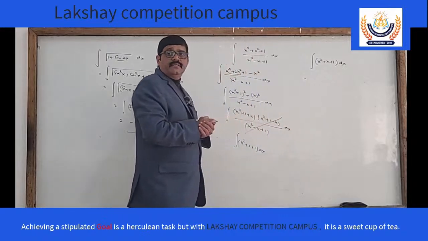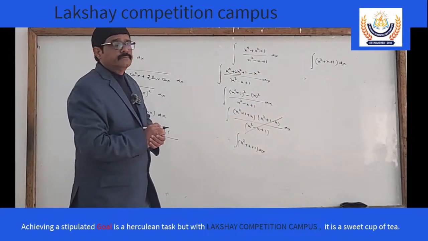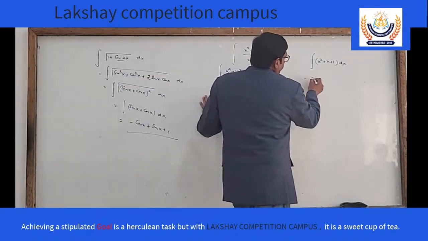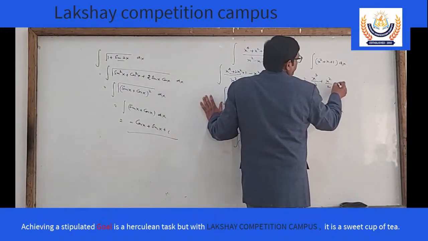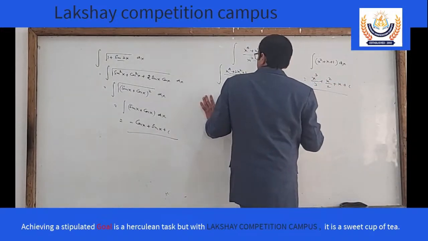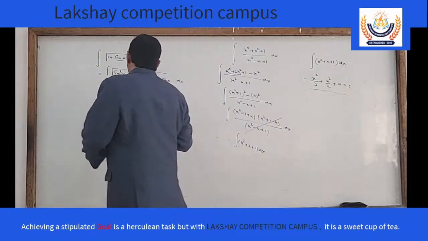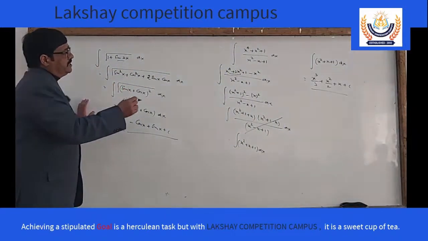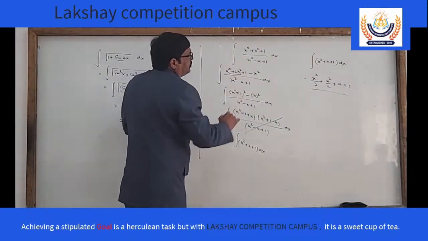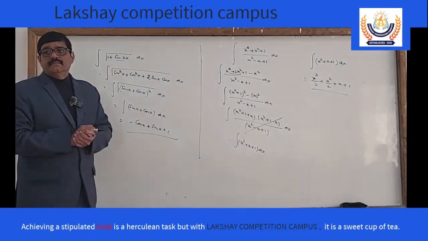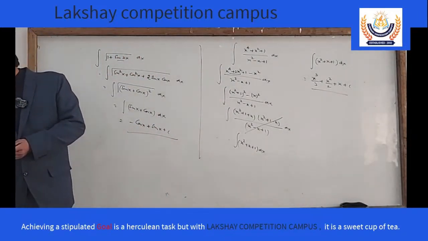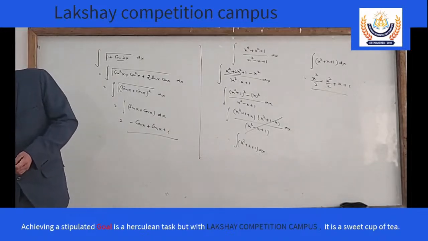What is the integration of x²? x³ by 3. What is the integration of x? Plus x plus constant. So this is the solution of this problem: (x⁴ plus x² plus 1) upon (x² minus x plus 1). Clear? Now the next sum is, what is the integration of